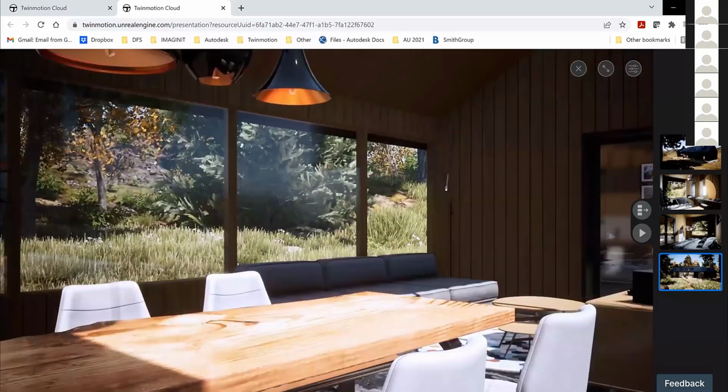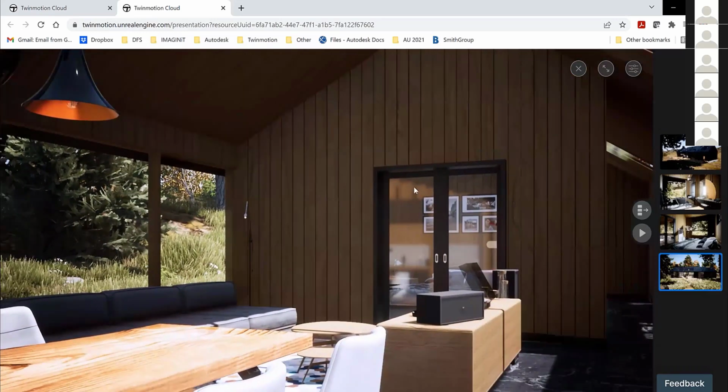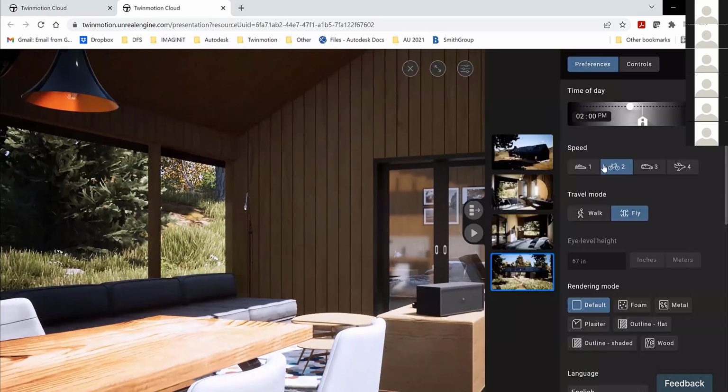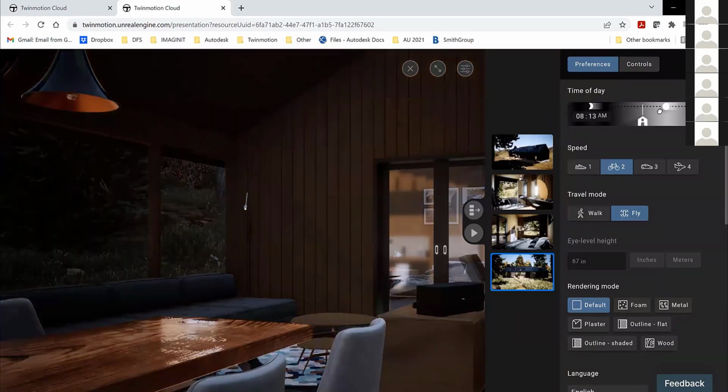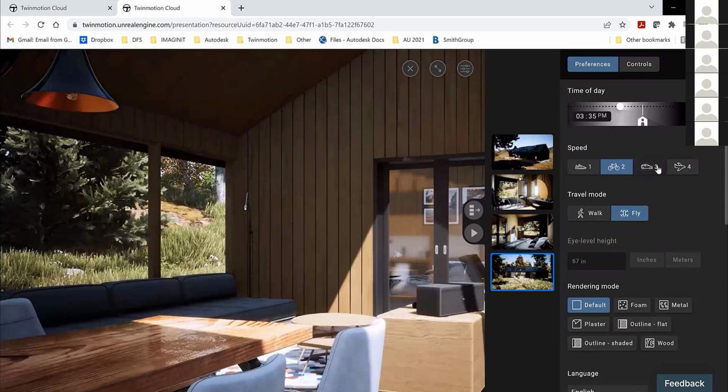So it's a really nice offering for those that do purchase the full version of Twinmotion and not just running the trial. And you can do simple things like change the time of day, change the speed that you're moving through,